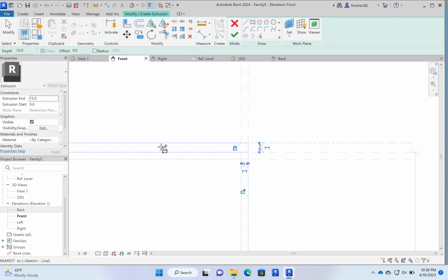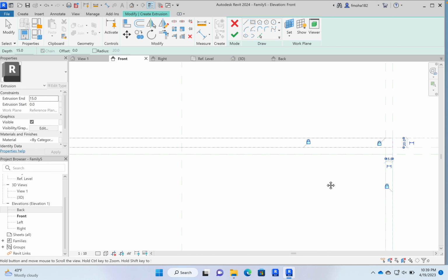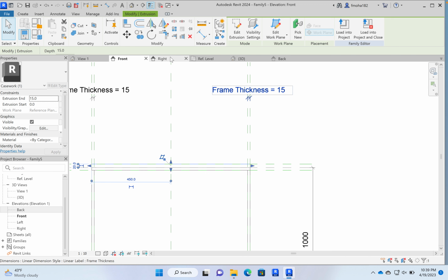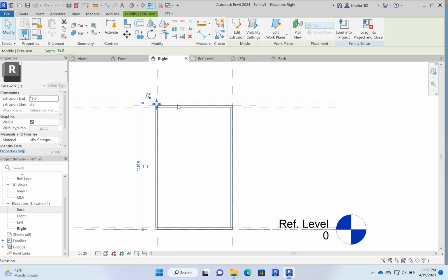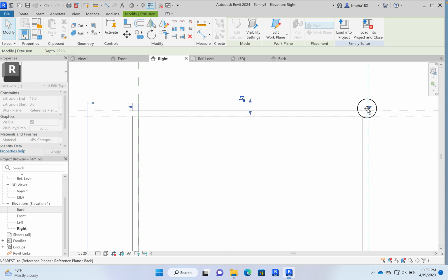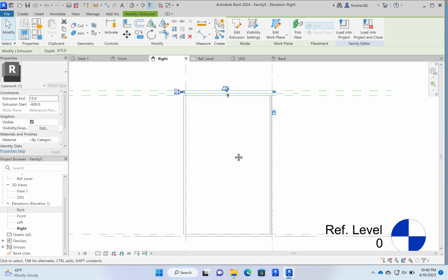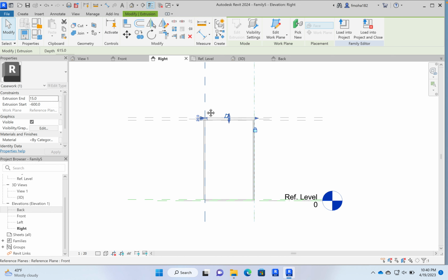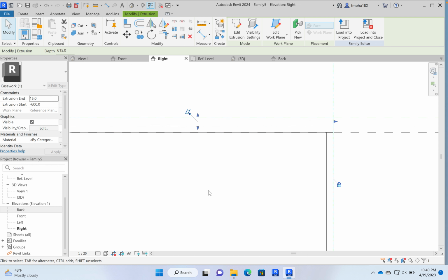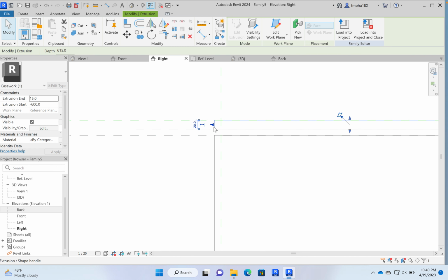here, we lock everything. And when we go to the right view, for this one I want it to be locked on the dimension of the depth of the cabinet, so I bring it inside over here and lock it based on this reference plane. And I want the